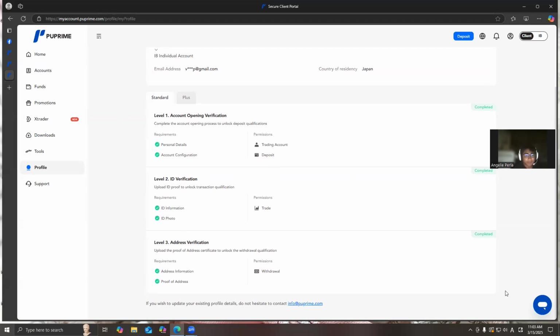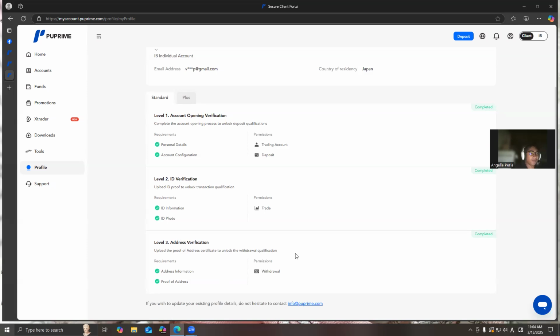If you are in Japan, in the ID verification, you must submit either your alien card or your passport. For the address verification, if you have a water bill or electricity bill, you can submit and take a picture of it under this section.